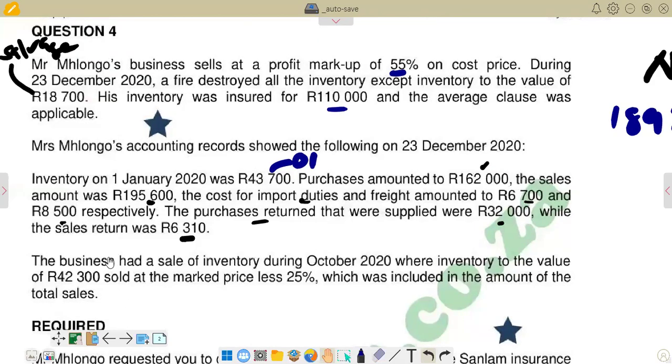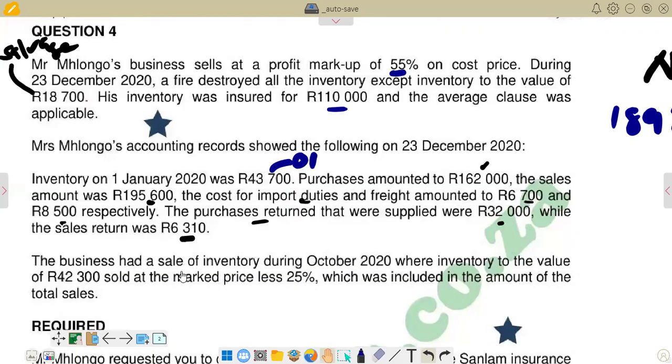So if you come here, you would see that we've got a statement which is saying the business made a sale of inventory during October 2020, where inventory to the value of 42,300 was sold at the market price less 25%, which was included in the amount of total sales. So we've got an amount of 42,300, which is inside the 189,290 that we have here, which was sold below the market price,